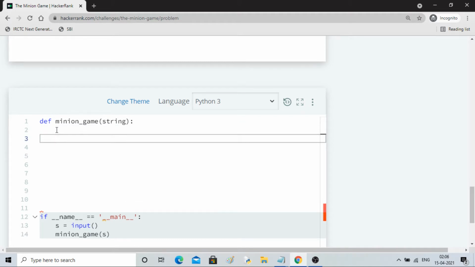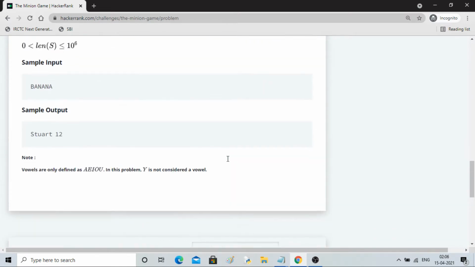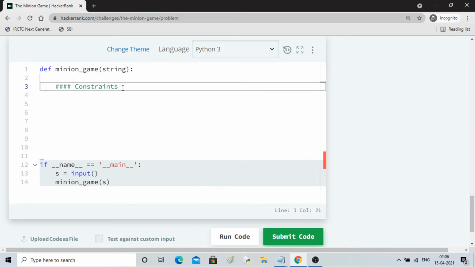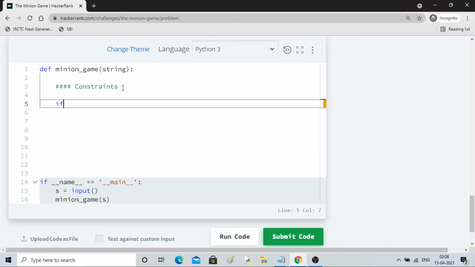First, I'll write the constraints. What are the constraints? The length of the string has to be between 0 and 10 to the power 6.